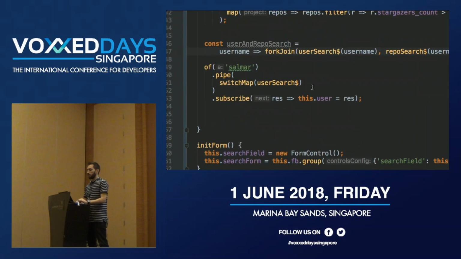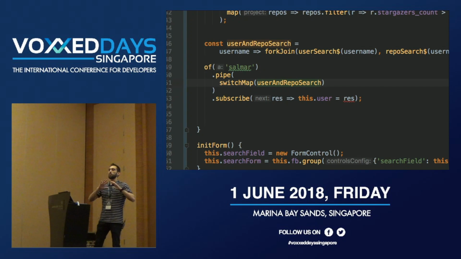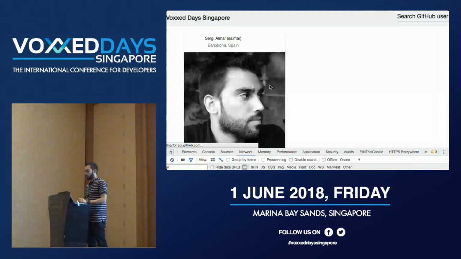All right, so now I can take this observable and switchMap to it. This will ForkJoin, so it will do the two requests in parallel, wait until we get the result back, and then send it downstream. So if we go back to